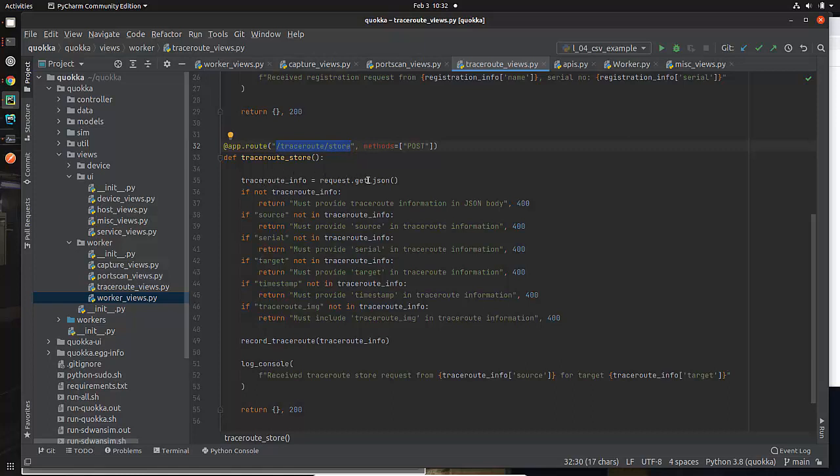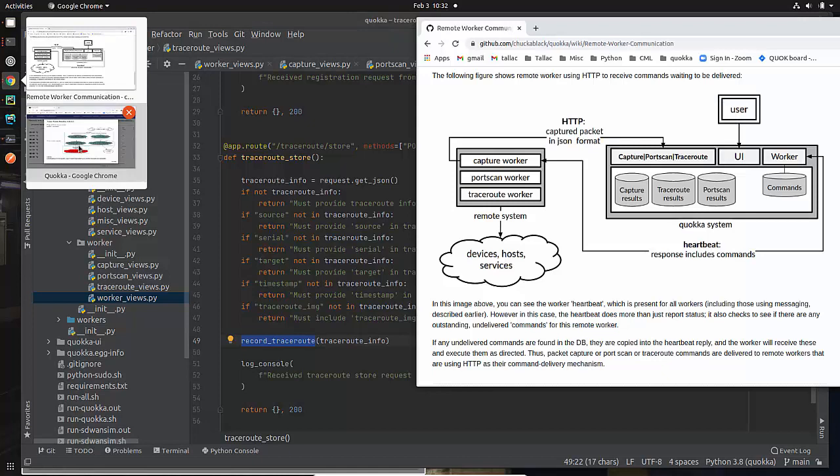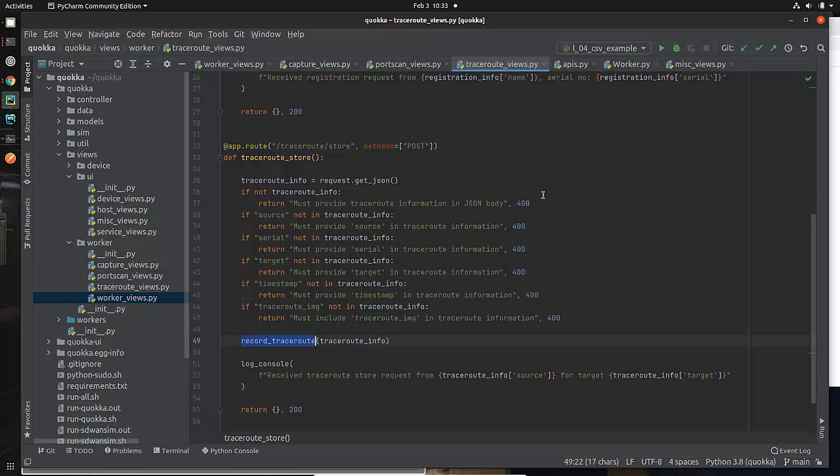So once again, we get the JSON data, we eventually change it into traceroute information and then call into our API to record it in the database. And that is how we end up with this type of data, whether it's for traceroute or packet capture or what have you. So that is the other types of views, not the UI, but the kind of work behind